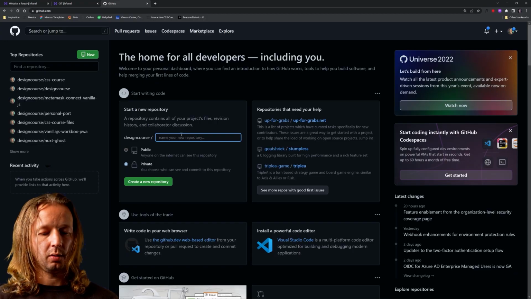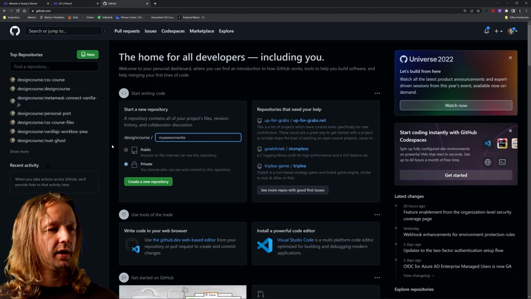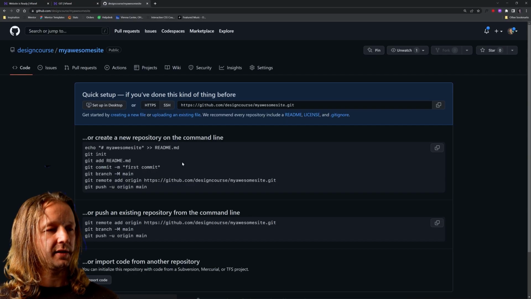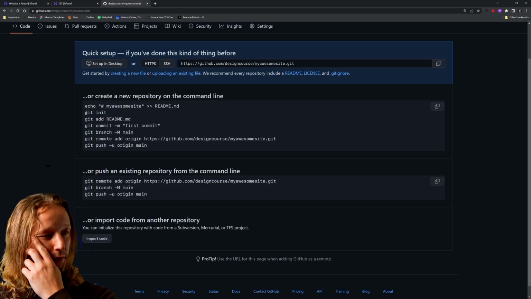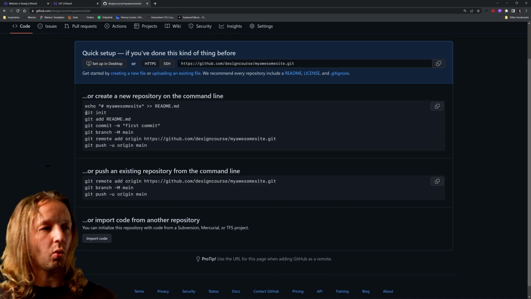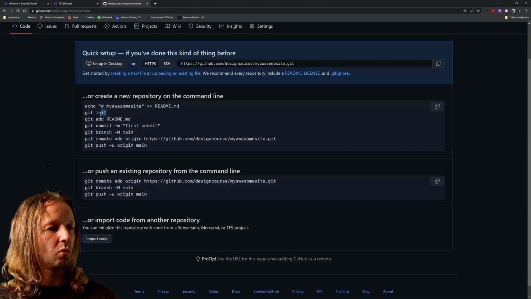I'm going to name it My Awesome Site, and it's going to be public. Create a new repo, and in a second, it's going to tell us kind of how to initialize this and get it ready in the folder that essentially houses our website files. So what I want to do is we're going to copy this, and then we're going to go over,